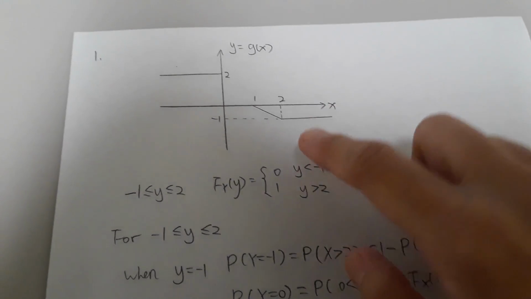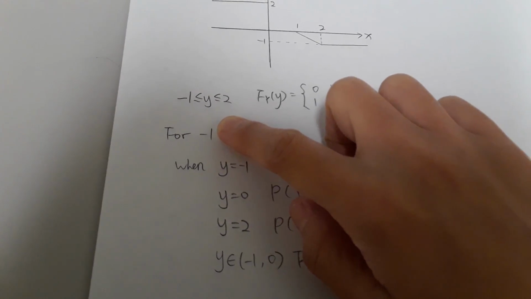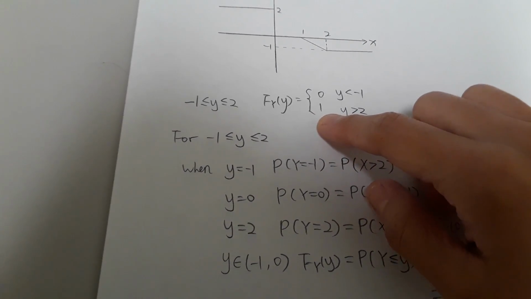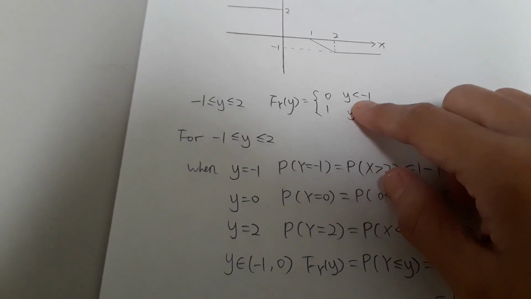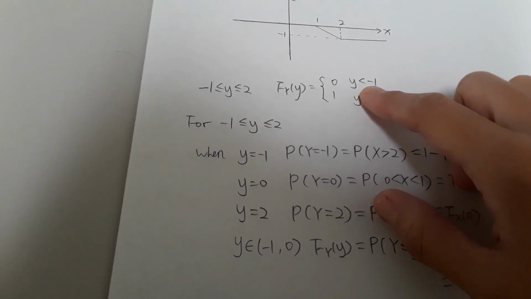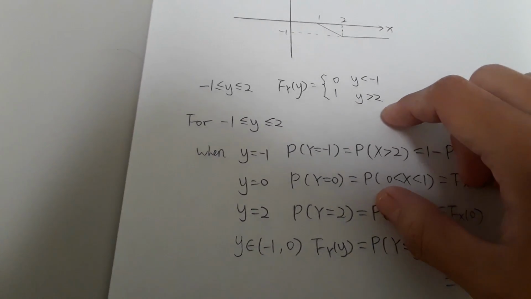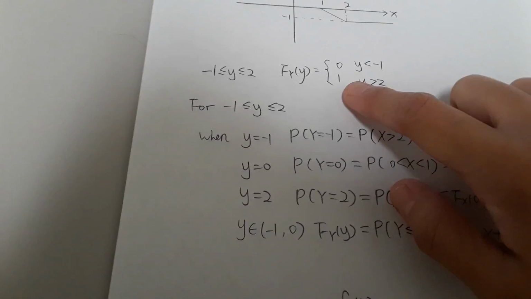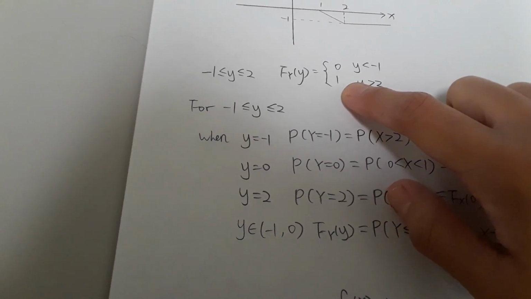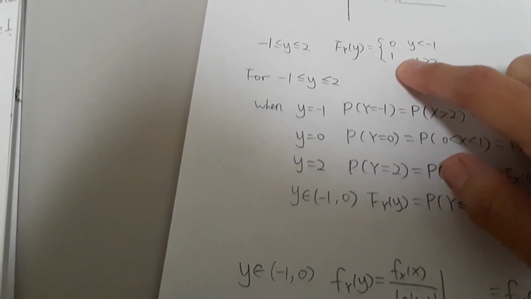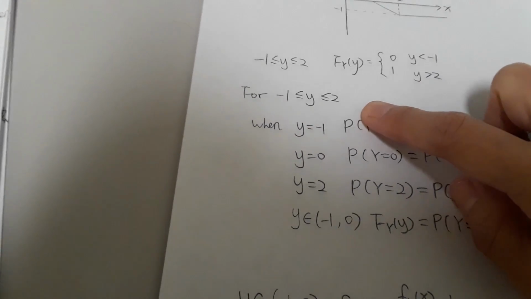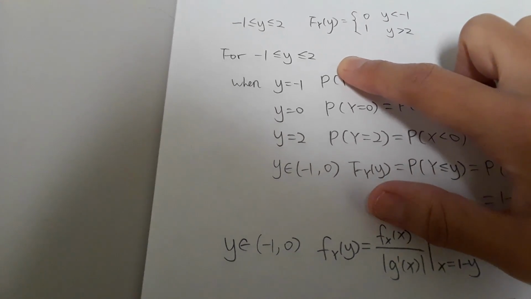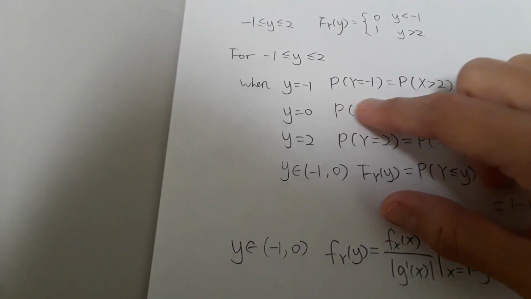Now, concerning y ranging from minus 1 to 2, the distribution function F_Y(y) equals 0 when y is less than minus 1. And if y is greater than 2, the distribution function of y should be 1. For y ranging from minus 1 to 2, we should know that when y equals minus 1, the